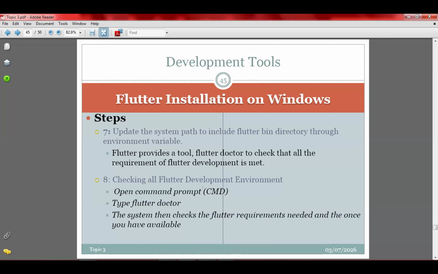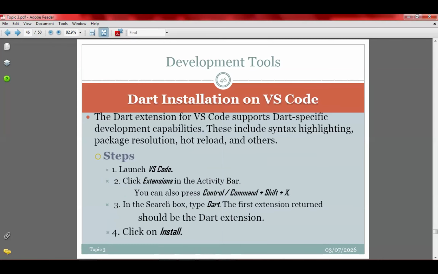And then when you are done, you run the following command. You open your command prompt, and then you issue the flutter doctor command. Once you are able to do steps 1 to 7 and everything is successful, you want to check if everything is there. So you open the command prompt, and then you type the flutter doctor command. It will tell you what you have in your system and what you don't have. And I'll do that with you when I come to the next machine.